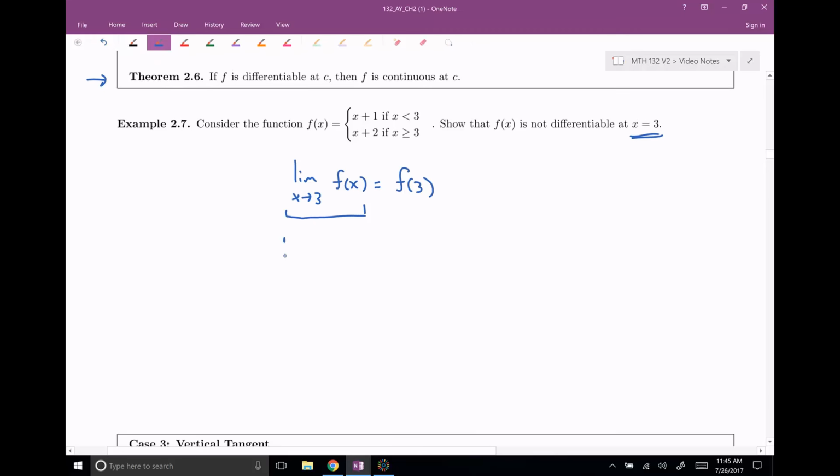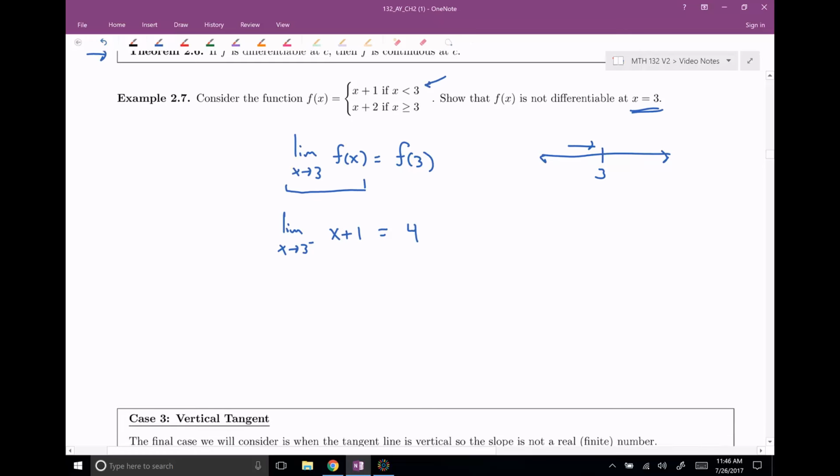So let's consider the limit as x approaches 3 from the left. As I'm approaching 3 from the left, I'm in values that are smaller than 3, so that's going to be this first line. If x is less than 3, the function is determined by x plus 1. So the limit as x approaches 3 from the left of our function is the same as the limit of x plus 1. There's no problem using direct substitution, so I plug in a 3 everywhere I have an x,